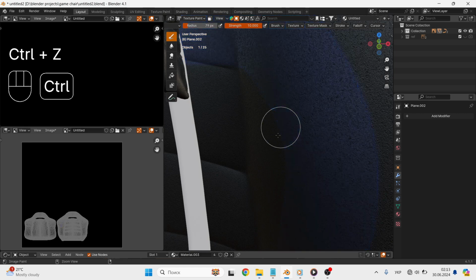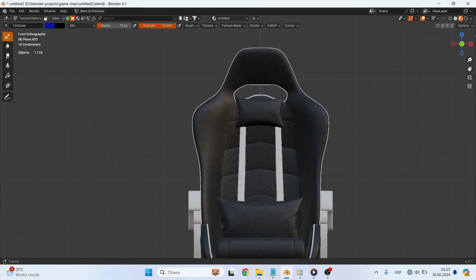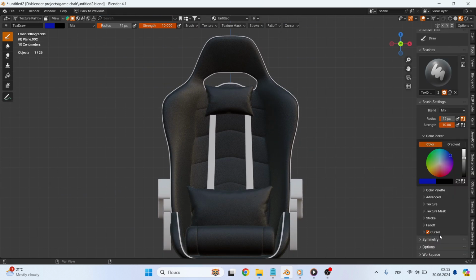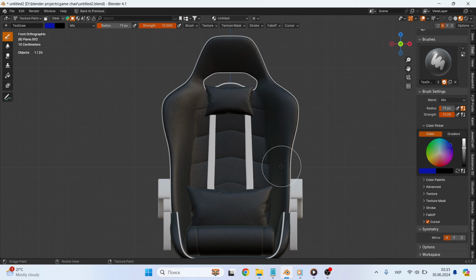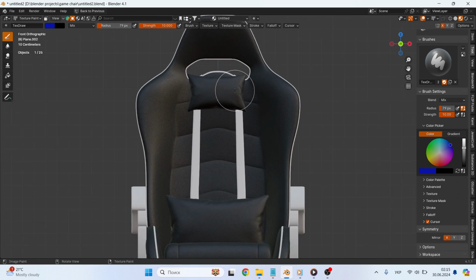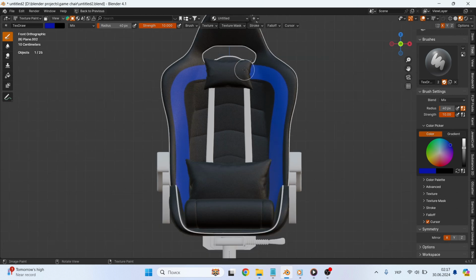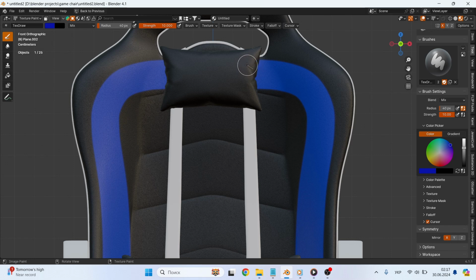Now our drawing is clear, but we need to make it so that it is reflected symmetrically along the x-axis. Using the N button, we call up the menu on the right and find symmetry there. We adjust the brush width and make our drawing with one clear movement. You can use the combination Ctrl-Space to make the image full screen. Also, we need to paint the surface that is behind the pillow.